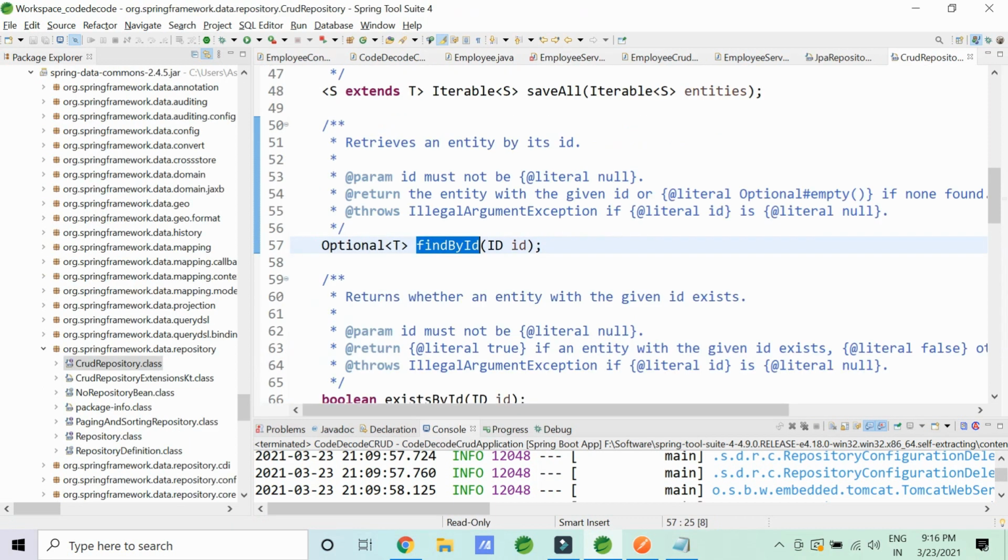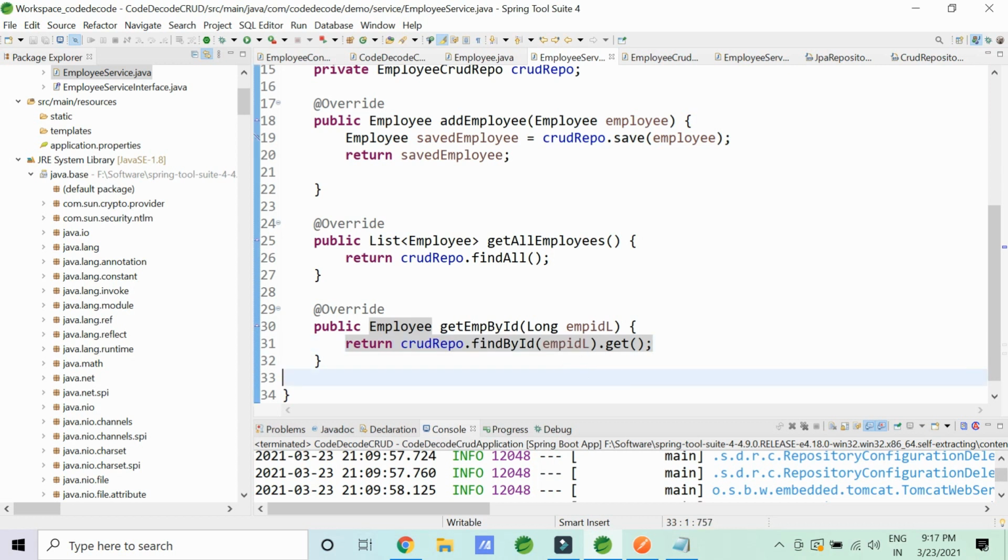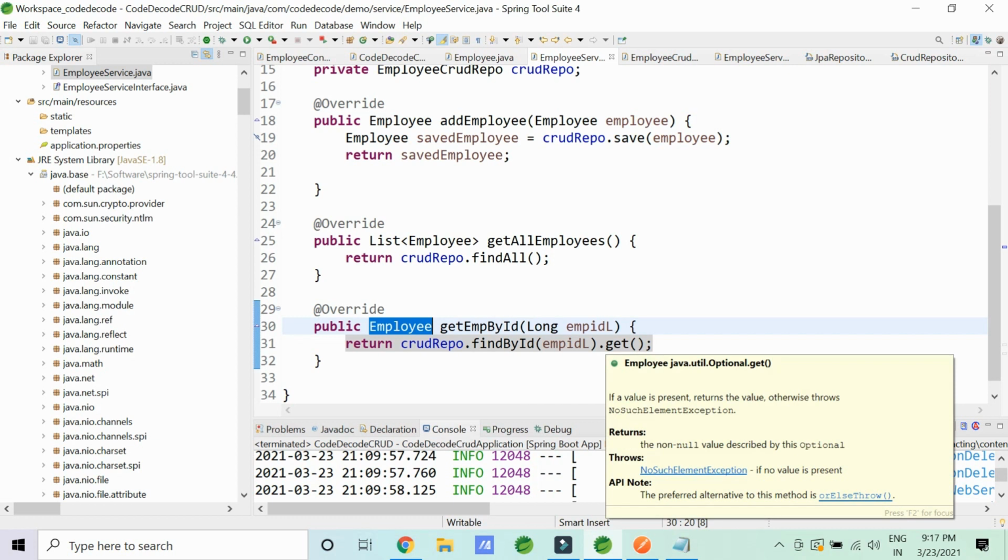findById. Now, one tricky point here is that it always returns an Optional. So you cannot just do findById. You have to use one more method after it. That's called get. So get is going to retrieve the exact employee object from the Optional of the particular generic type from your repository, and it will give you that simple object. You don't have to typecast or do anything further with it. Okay. So this is how everything is done end to end.